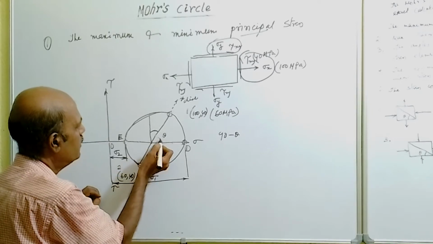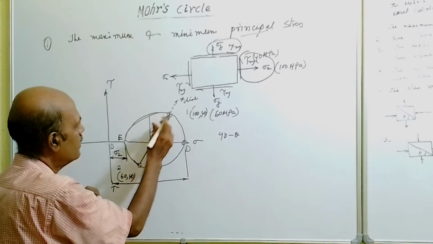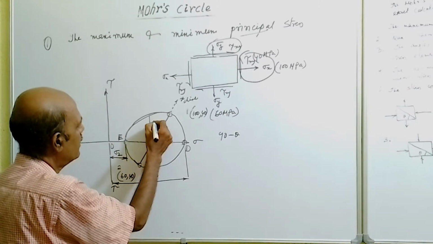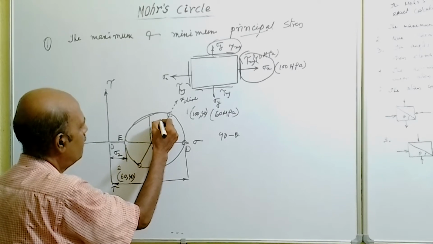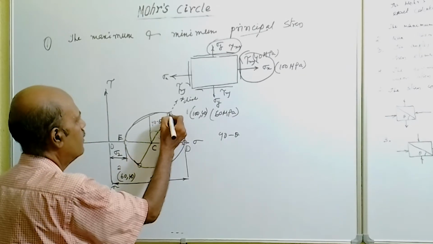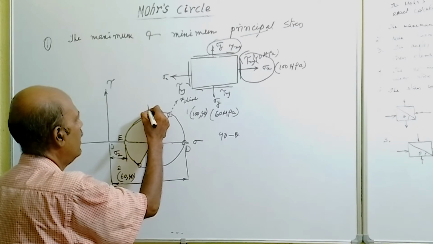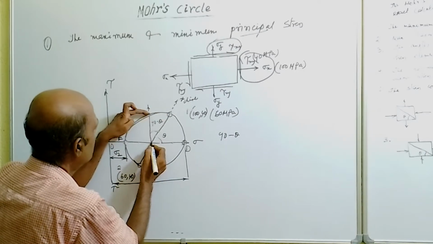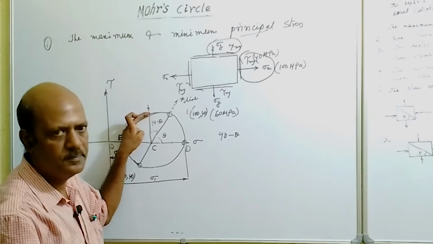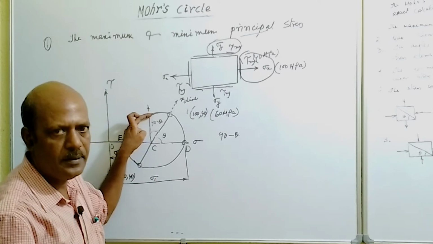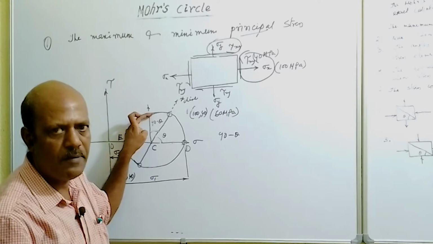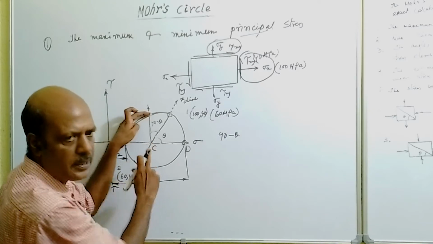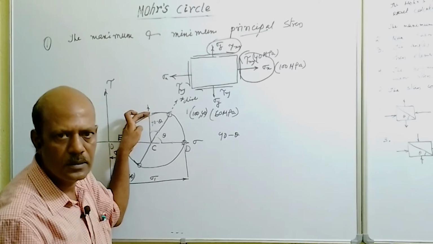So if we rotate the x direction in the anti-clockwise sense by 90 minus theta degrees, the x direction will come here. At that time, this shear stress will be maximum,